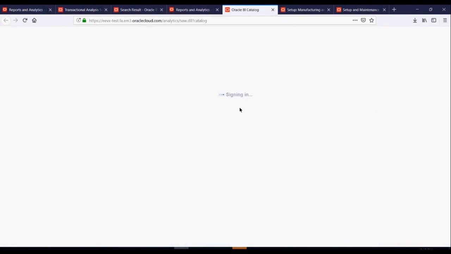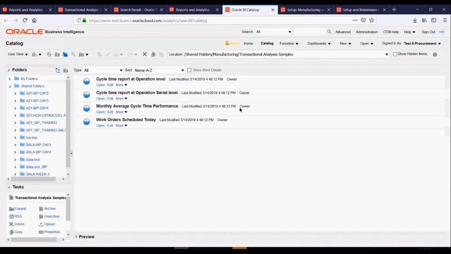And again, because this was a training instance, there were tons of reports created by people. It took me quite a bit of time to navigate. But all we have to do is open this business intelligence. If you have a pop-up blocker in your browser, you might want to pay attention there, because when I click here, it just opens a new page. Oracle Business Intelligence is a separate application within the Oracle Cloud Suite, so it opens a separate page. And now